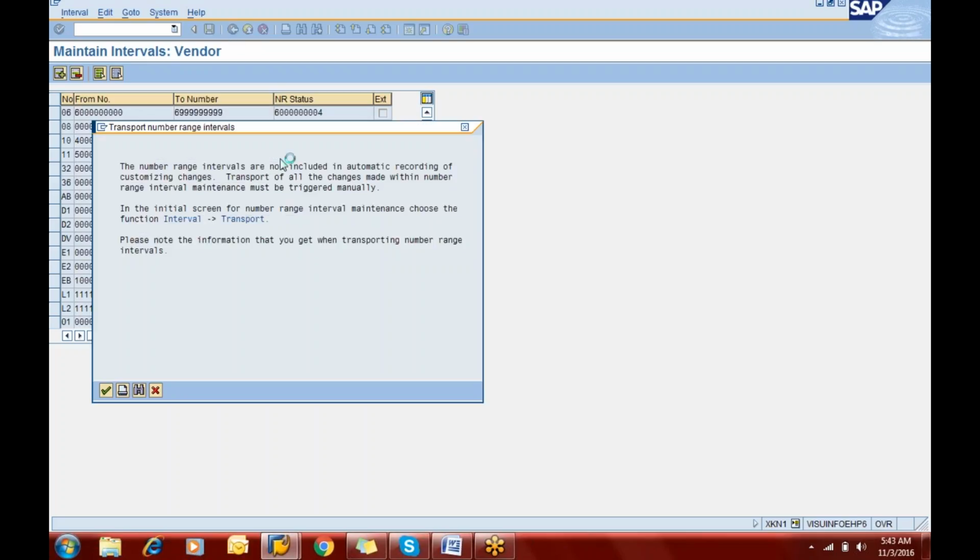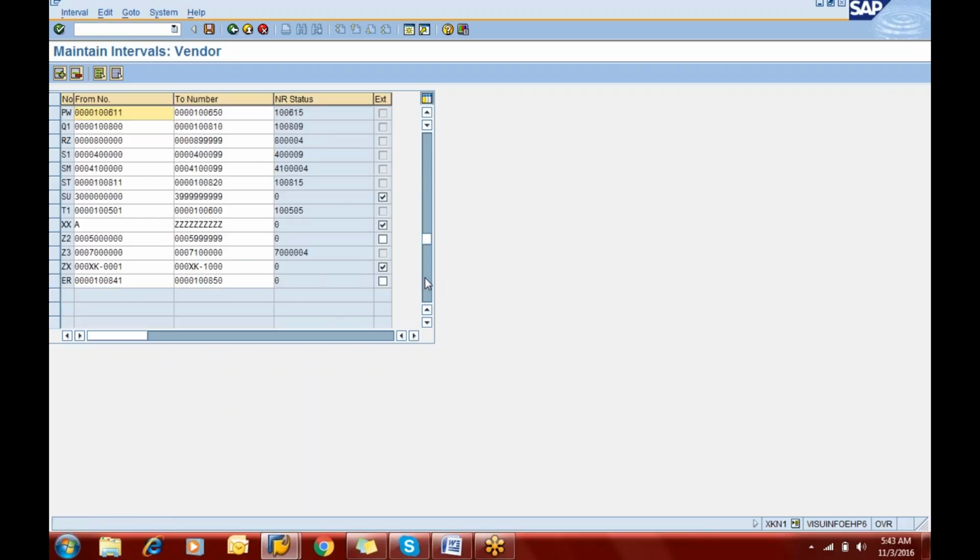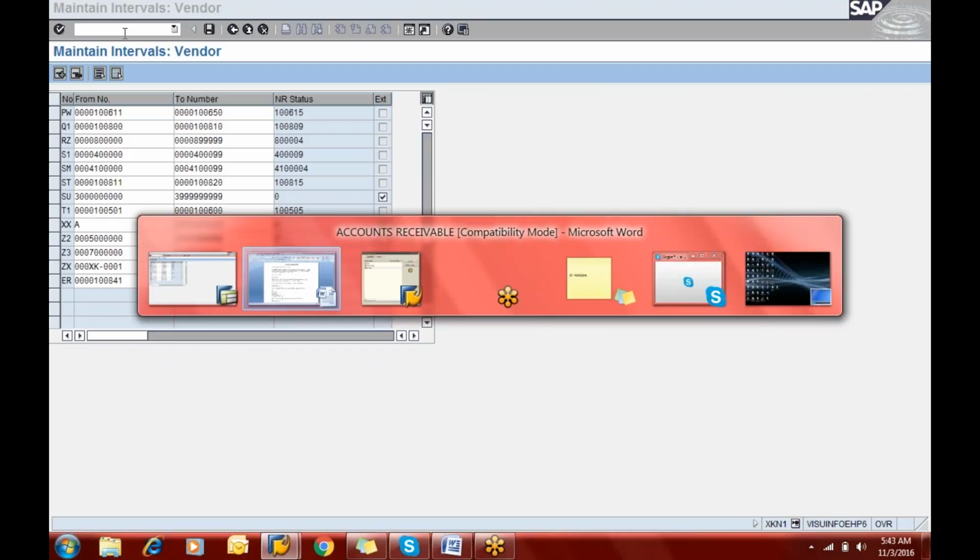Now again press enter button, and we can just see the system has just maintained the number range, and we can just display it at the end of the screen. So here we can have 8412 850. Now the next step, it is saying that you need to just assign it to the customer account group